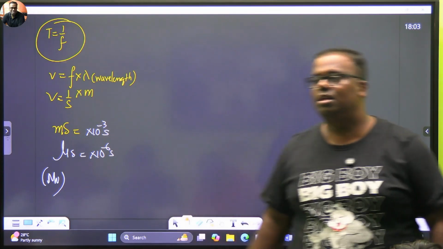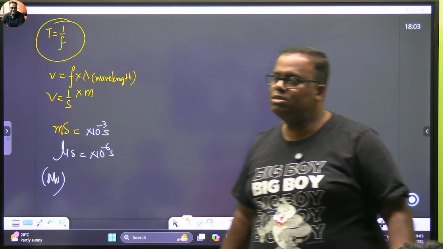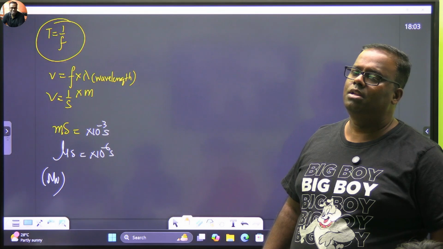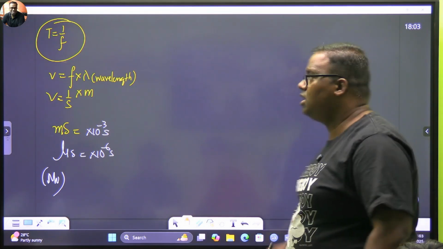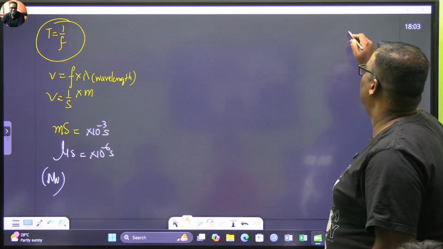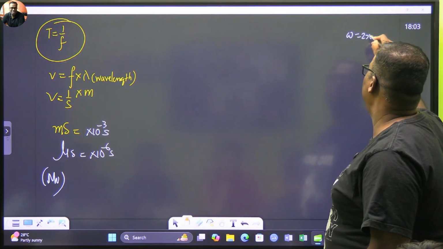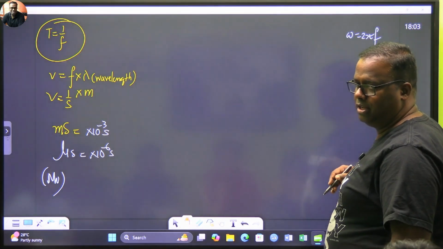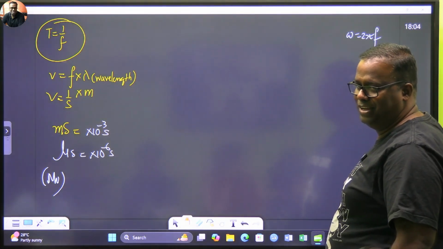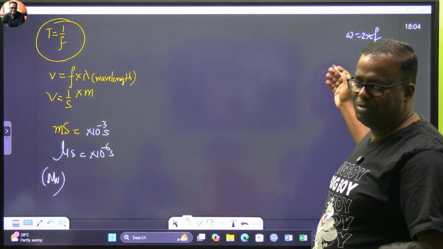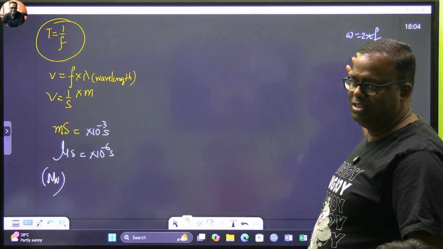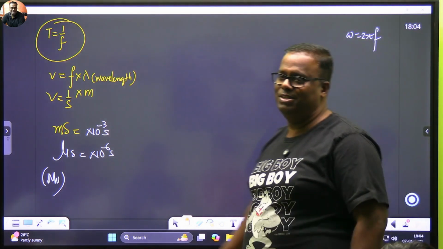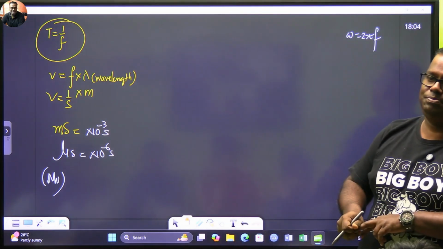So then what is the use of two formulas? Two formulas means frequency is also 1 by time, and frequency can also be used as number of cycles by time. You will also study frequency in another way after this. Omega is equal to 2 pi f, you will study that in 11. Frequency will come that way too. Then what will you do? A third formula will come. Then frequency will also come as some other formula. It can come up a thousand times. This is when rotational motion comes up. Okay?